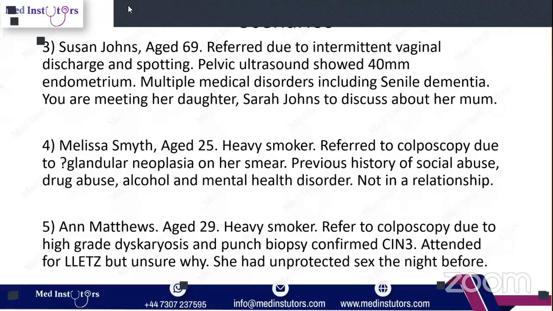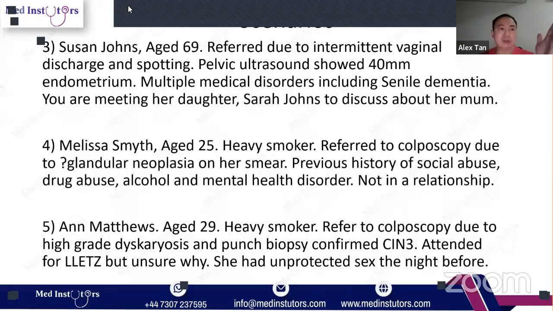You have two kinds of patients in this scenario. One who accepts birth control and carries out the LETZ, which is completely fine for you. I'm not giving you the difficult one, which is someone who doesn't believe in birth control, is strongly religious, and doesn't want an adverse pregnancy outcome. That means she doesn't want to lose the baby at all costs. So I ask you all, would you do a LETZ or not, given that she's only had sex with this stranger or a partner out of nowhere last night?